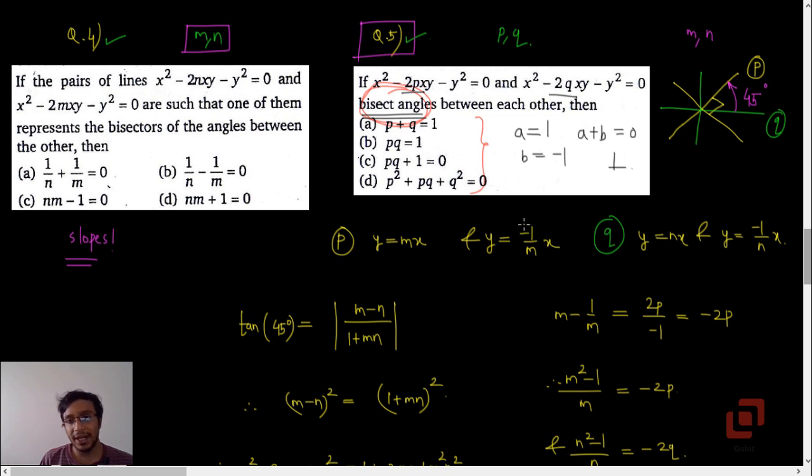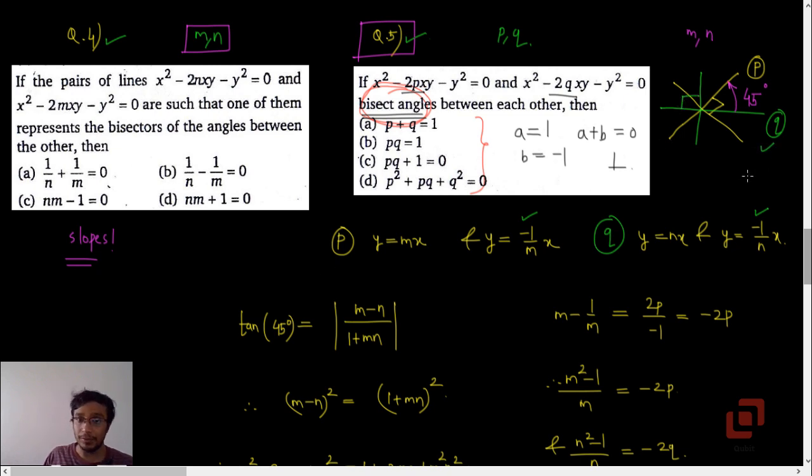Now, why can I write the second line as y equal to minus 1 upon mx and y equal to minus 1 upon nx? Because we know that these lines are perpendicular to each other, meaning if you consider any one equation, then those lines are perpendicular to each other. Okay, for example, in this figure you can see that the yellow lines given by the p equation are perpendicular because a plus b is 0, and the same applies to the green lines which are given by the q equation.